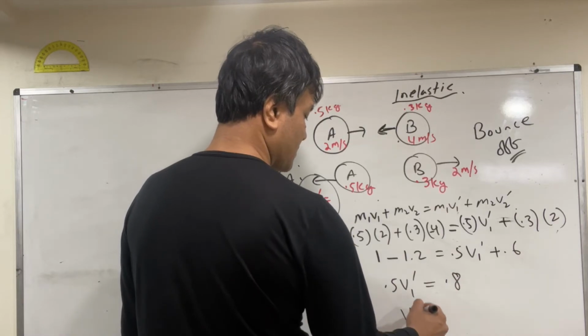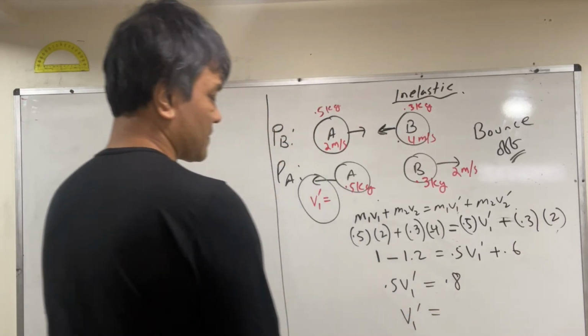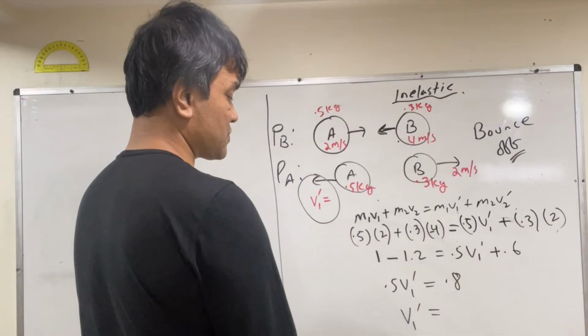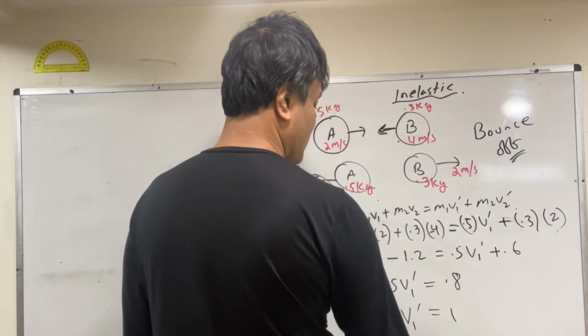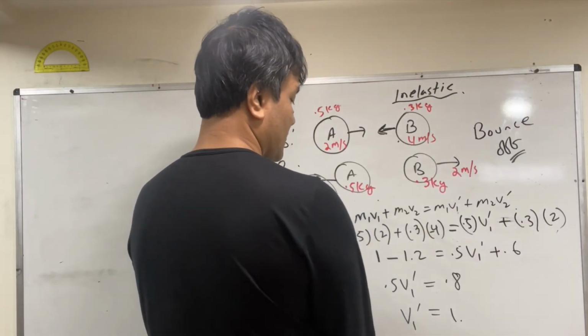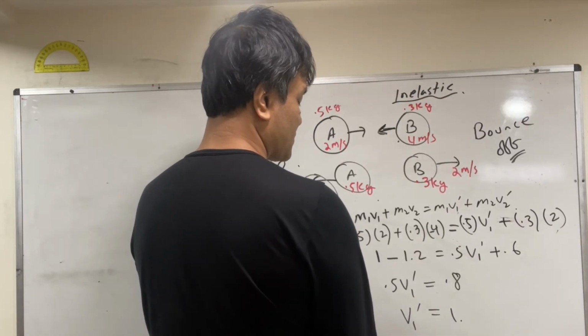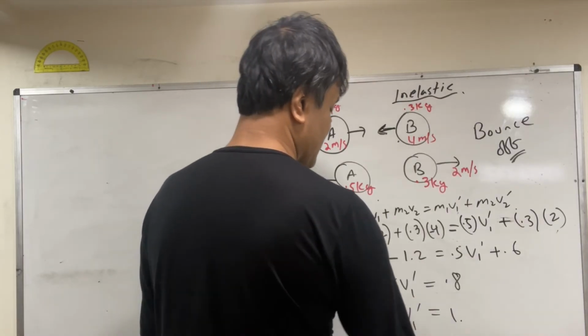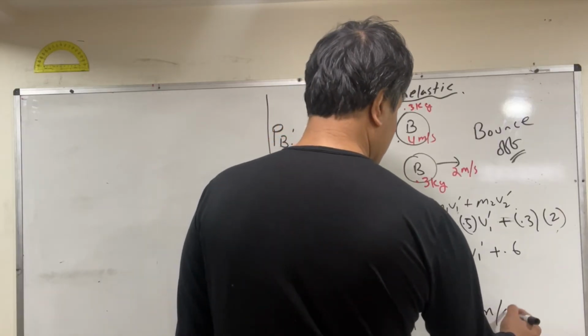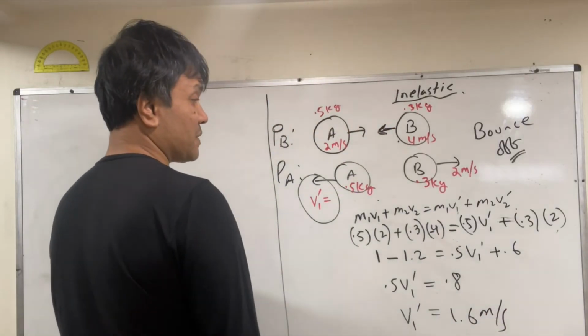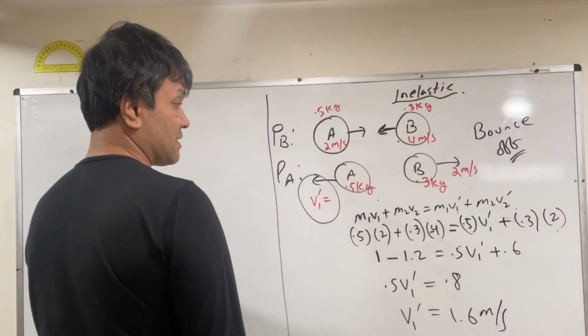So v1 prime is equal to 5 goes into 8 one time, and then 5 goes into 30 six times. So 1.6 meters per second, and that's how fast